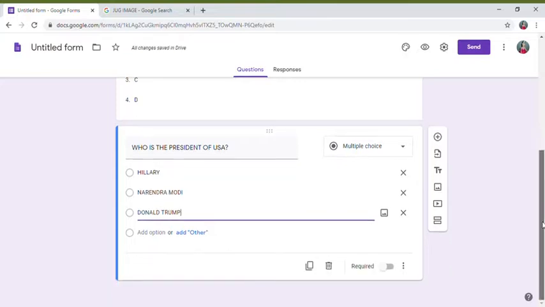This is not a compulsory question, it's up to the students to answer it or not.